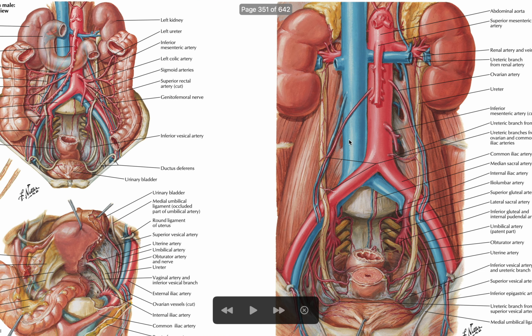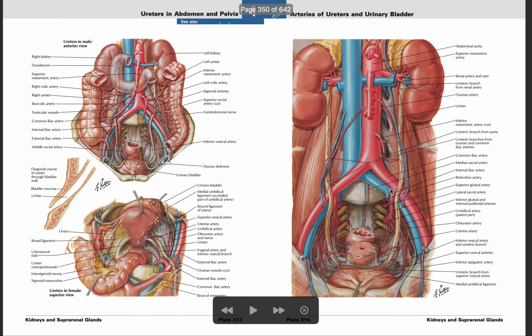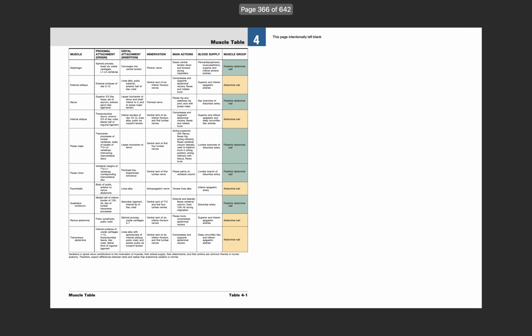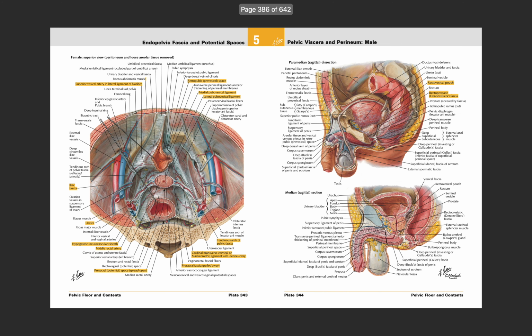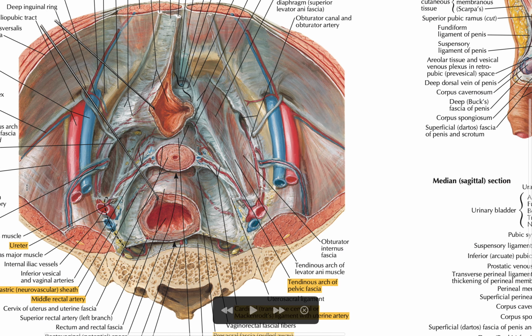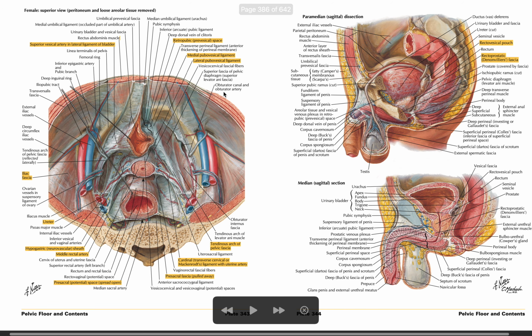We missed an important point about the ureter. Before it drains into the urinary bladder, it has an important relation with the uterine artery. Here you can see that this is the pelvic cavity. We are now seeing it from the upward direction after we transversely cut it at the level of, I suppose,